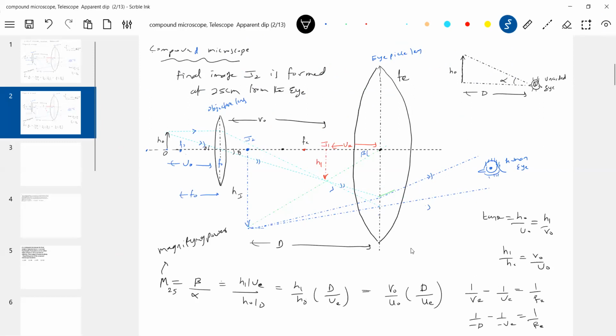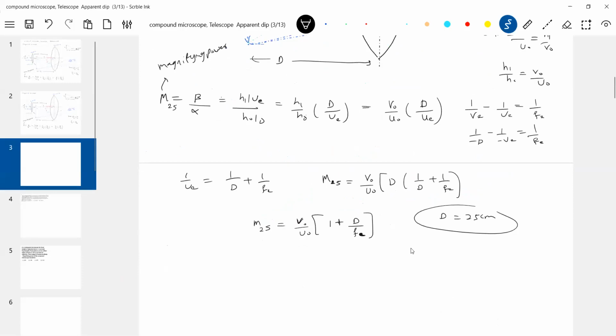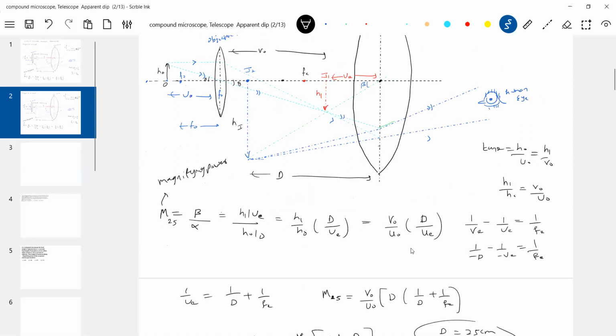I think no problem even if it's inverted, because like a bacteria, how will the bacteria be? Bacteria will be like this, no? If it is inverted, no problem. It will not have nose, ears, nothing, no? A bacteria will be like this. So if it is inverted, it doesn't matter, no? Therefore, the negative sign should come in the numerical, but I'm trying to avoid it because you'll get confused. In the diagram itself, I'm showing this. So what the human eye says is I'm seeing a magnified, inverted image.